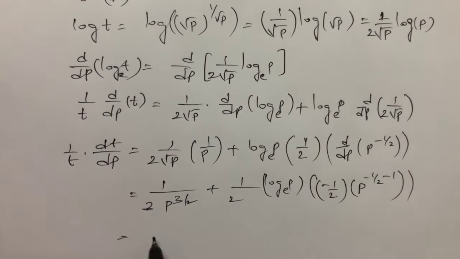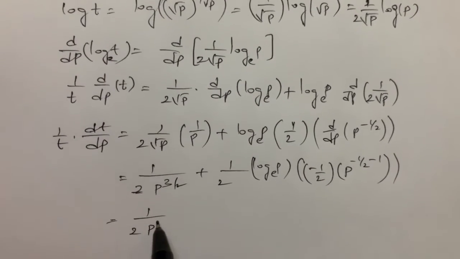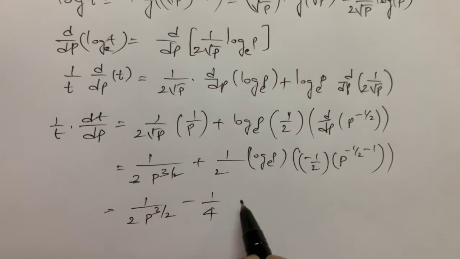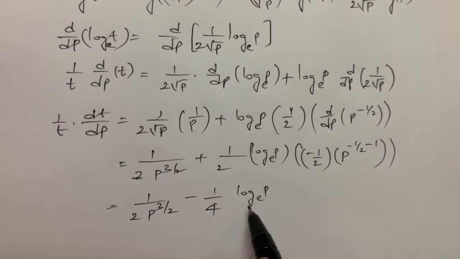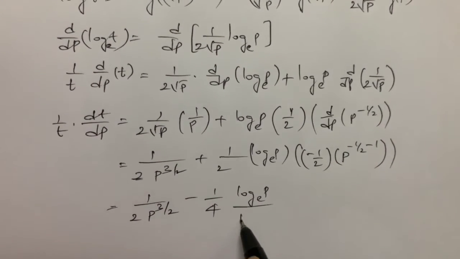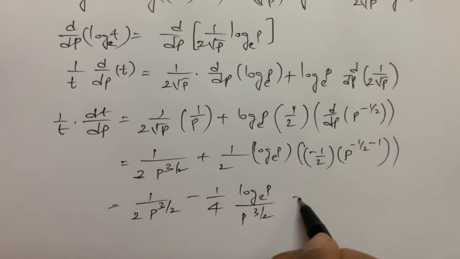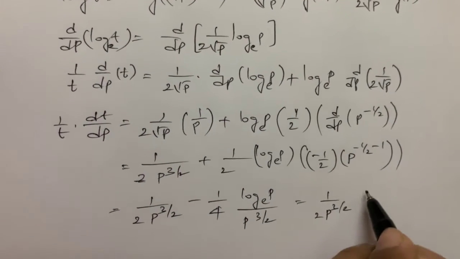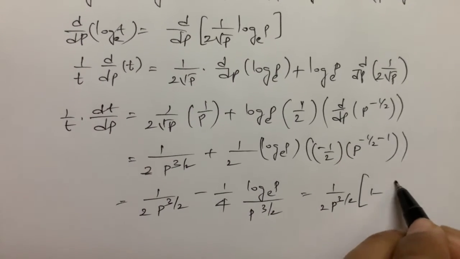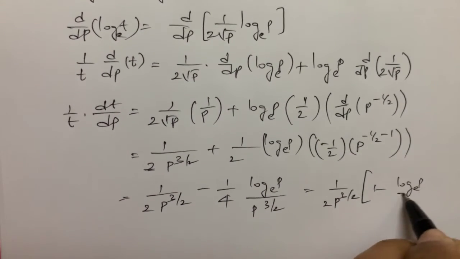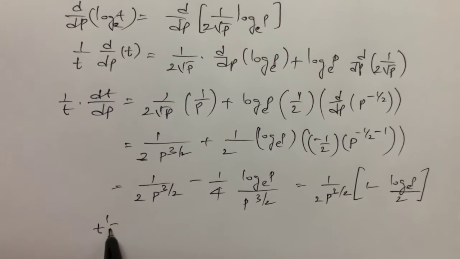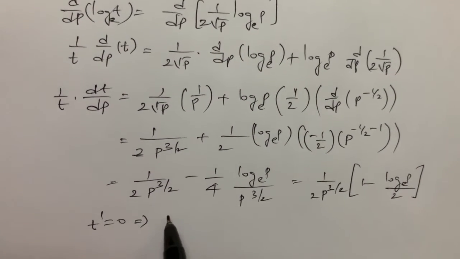So this will be 1 by 2p power 3 by 2 minus 1 by 4 log p to the base e by p power 3 by 2. If I take 1 by 2 p power 3 by 2 out, it is 1 minus log p base e by 2. If I make t dash equal to 0,